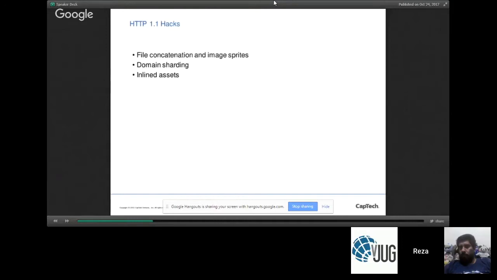A good example is if you have video, then you ASCII encode that video within your page, and then ASCII decode it on that page using some JavaScript. Okay, so a bunch of very sophisticated and complex techniques to try and get around the limitations of HTTP 1.1.